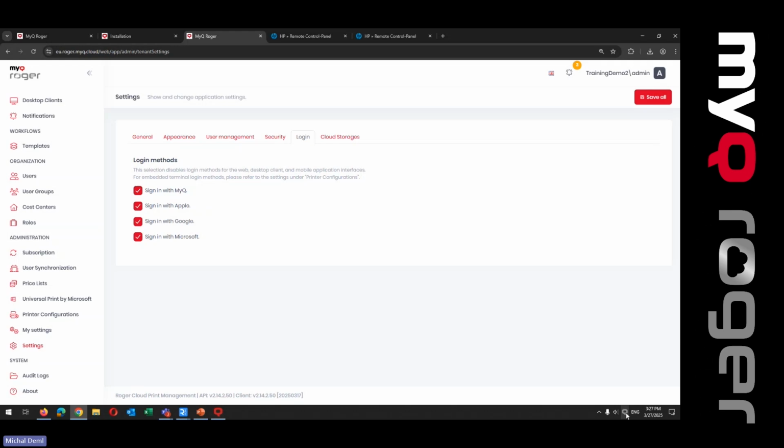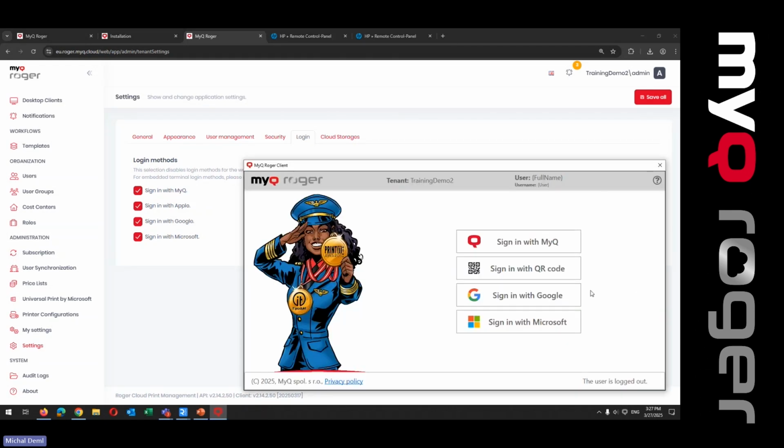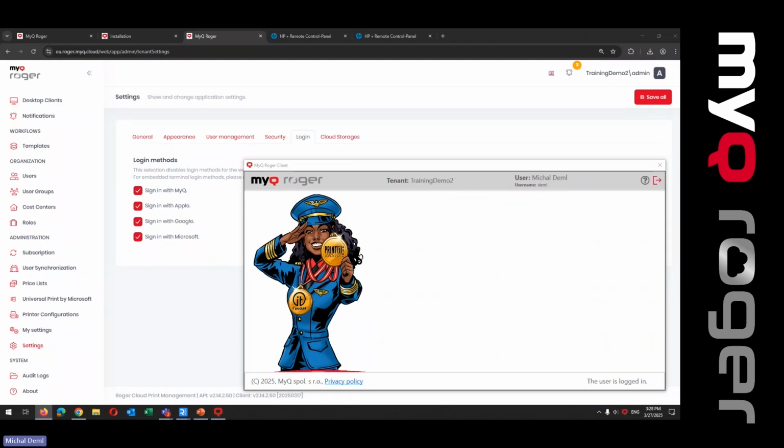Once the client starts communicating with the tenancy, it will just give the user the options you want to have there. Now I will use Sign In with Microsoft because of the intro which is behind the whole installation, and which also helps me to have my SharePoint and OneDrive and Teams already connected. And here is the point which we would like to really demonstrate, and that is one of the options related